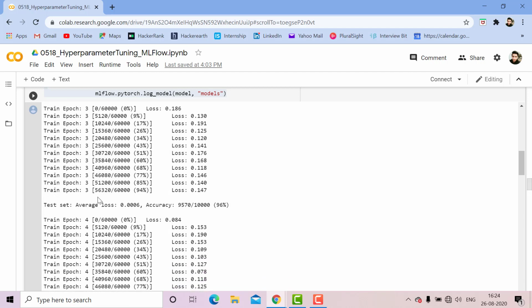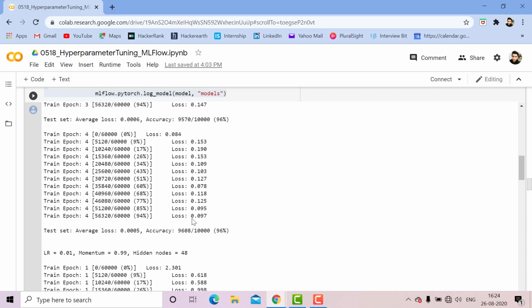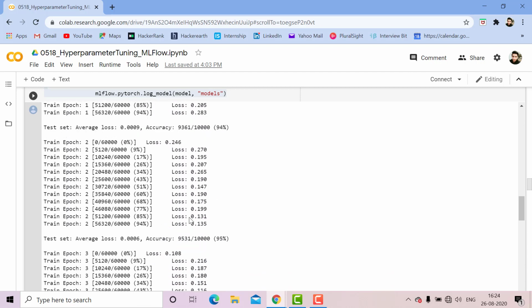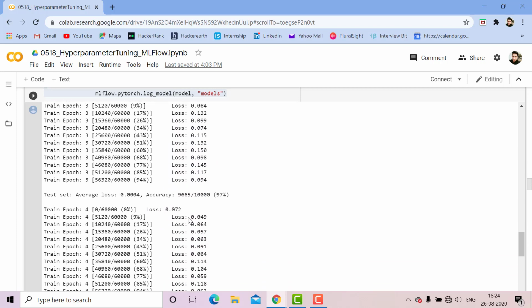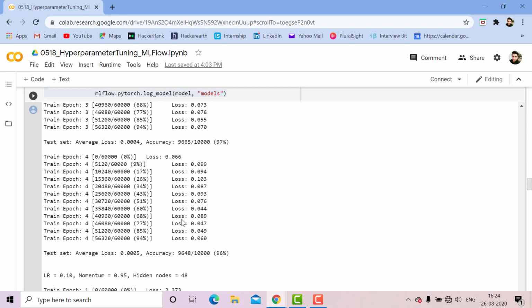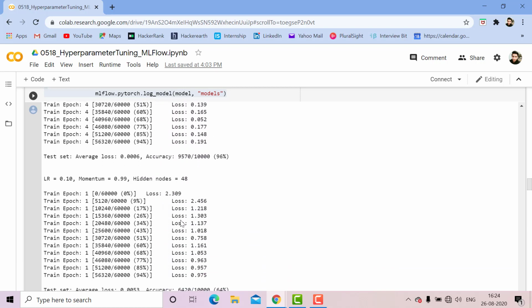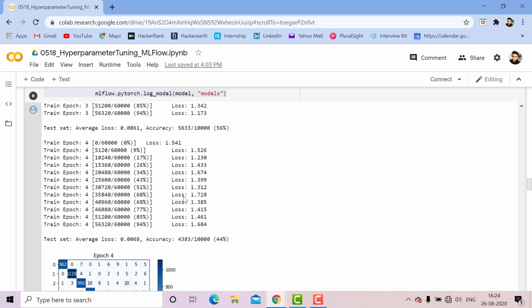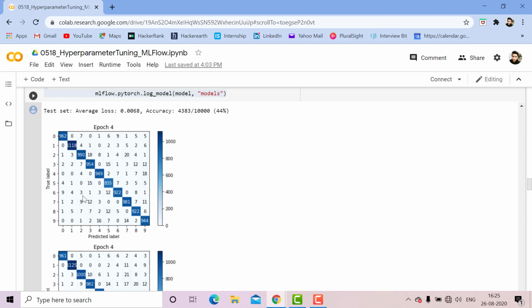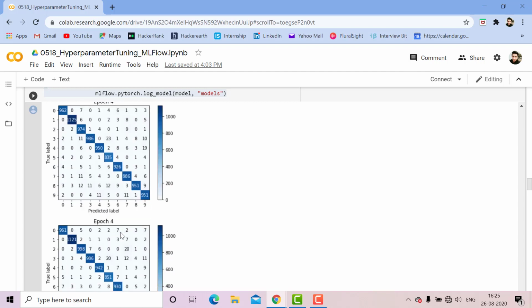For train epoch 3, again, the average loss is 0.0006 and accuracy of 96% and so on. When you write the code and run it in your Jupyter notebook, then you will get all the cases. Here, test set average loss 0.0068 with accuracy 44%. We get this graph and so on.